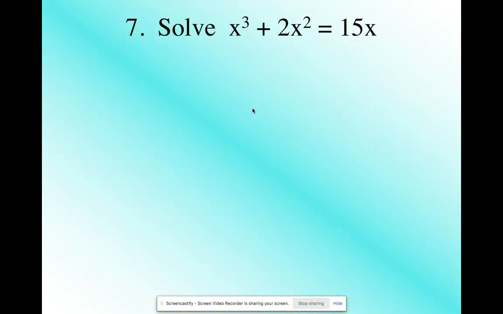Again, we have something like this. X cubed plus